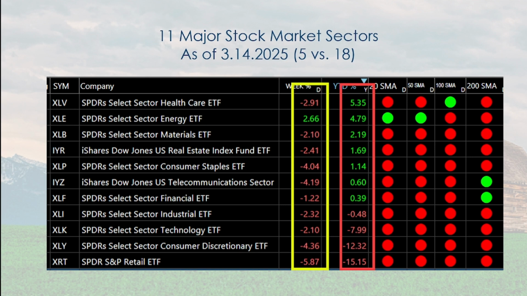The only one that was positive for the week was positive by quite a bit, which was energy, a very defensive sector. All the others were negative, again, by quite a bit. Year to date, you've got 7 of them that are positive or slightly positive, and the remaining 4 are negative, some by quite a bit. So that's the picture. I said 5 out of 44 are positive. Last week it was 18.